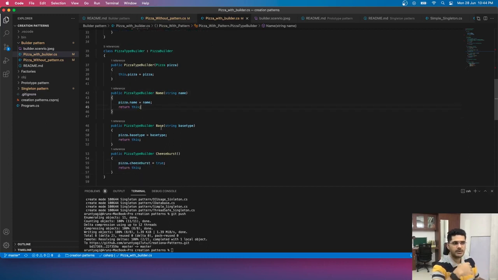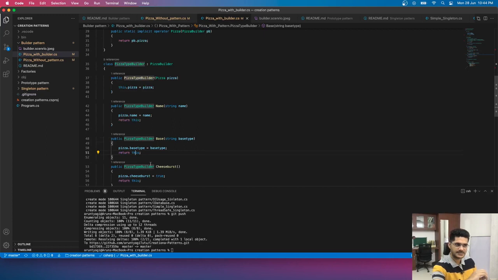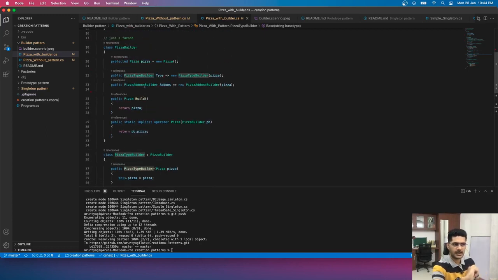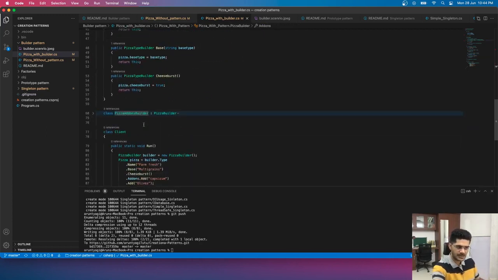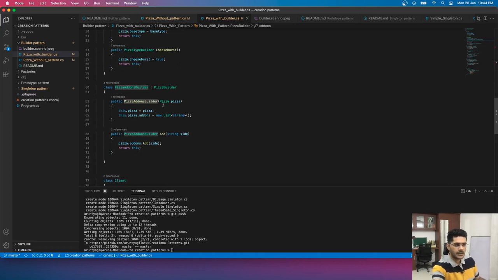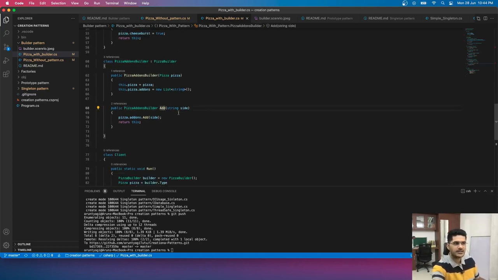And if you want to update a base, then you will pass the value, I will update the value and simply return the same instance, right? And the other thing as well. Same thing I'm doing in add-ons, right? In add-ons, one is obviously the constructor. In add-on, whenever you want to add anything, I'm simply adding that into the list, and returning the same instance.